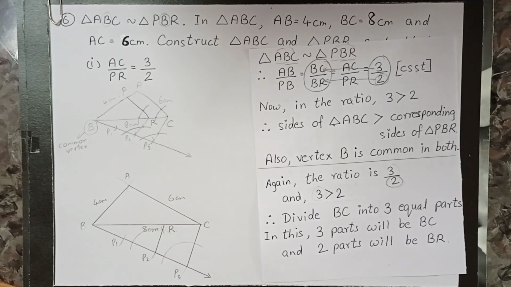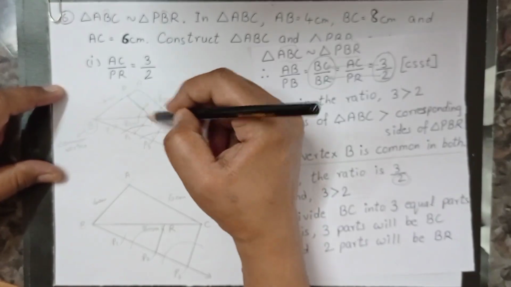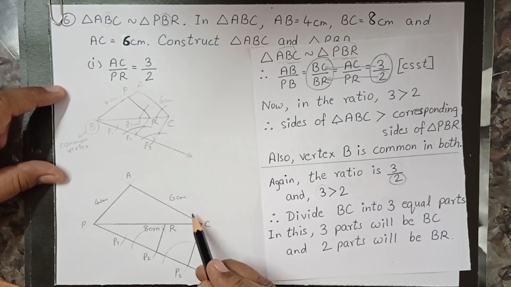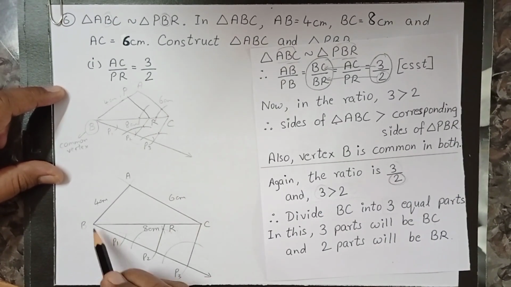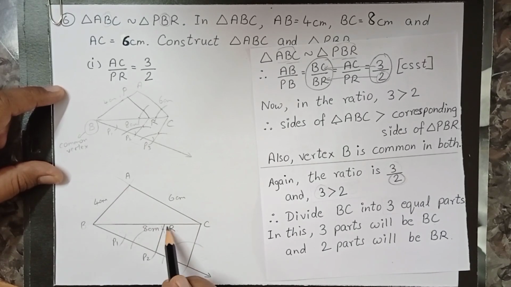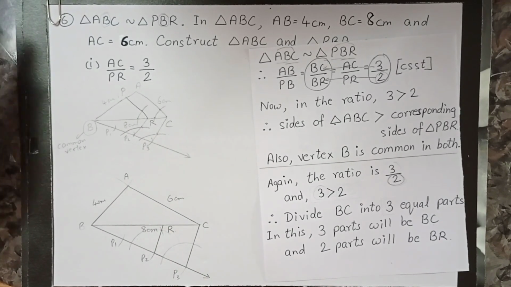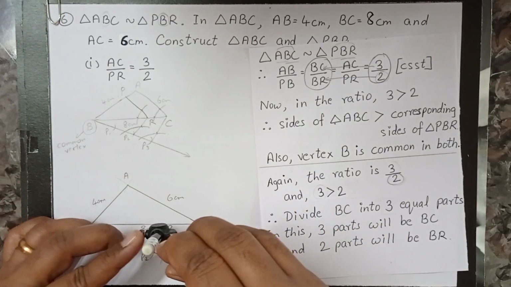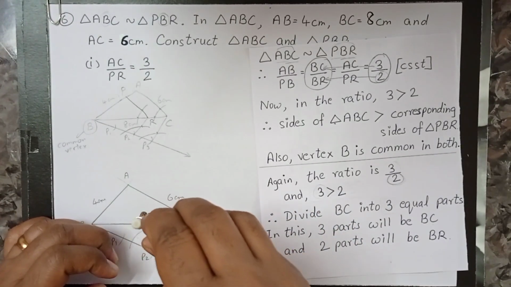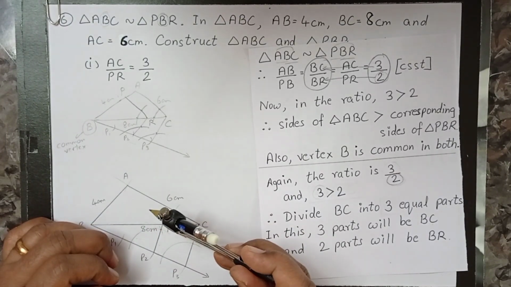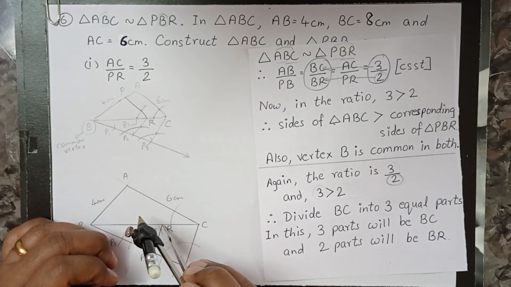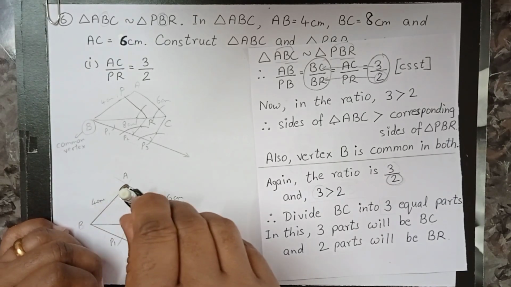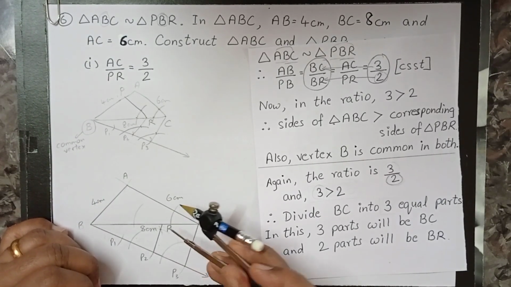Now we have to draw PR. How to draw PR? Based on this angle. We have to draw an angle which is congruent to angle BCA at point R. Procedure is the same. How to draw congruent angles? First step, make a big cut using the same measurement from point R also, that is from the point where we want the congruent angle. Make a big cut.